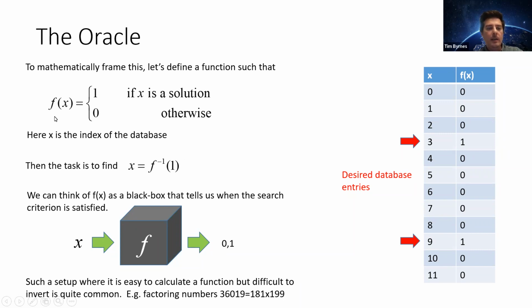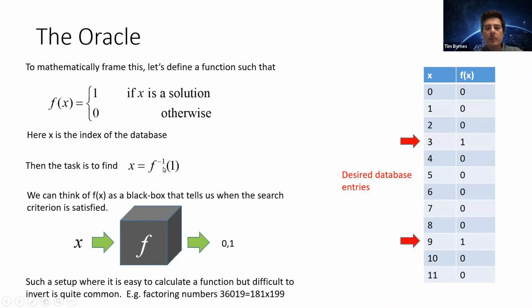Okay. So in this case, basically what we're trying to do here is to find the solution of this. So basically, f inverse of 1, which are the solution cases, we're trying to find all the cases where f of x is 1. Okay. So we can think of the oracle again as some black box. We don't have to really think about what's inside the black box, even though you could always think of a circuit that does this. And